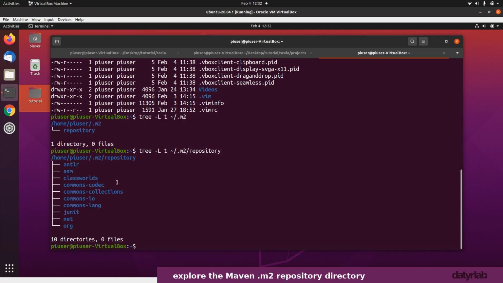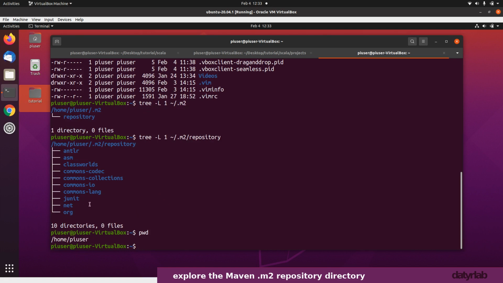So here are some libraries, some dependencies that it's downloaded and created. So we've got Commons codec, collections, IO, language, we've got JUnit, as you saw in my POM file. And let's just take a look at a complete